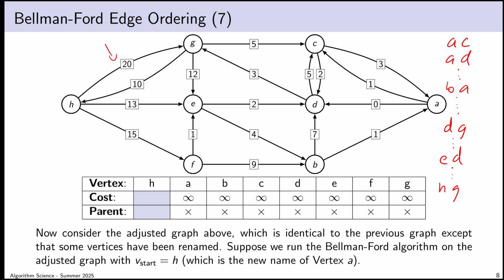So in this case, compared to the previous example, the edges that are immediately incident, or in general close to my starting vertex H, get considered relatively late in the process. Now we know that regardless of how I label my vertices, the Bellman-Ford algorithm will succeed. We will actually find the minimum cost path tree because we proved the correctness of the algorithm last time. Let's see how long it takes.